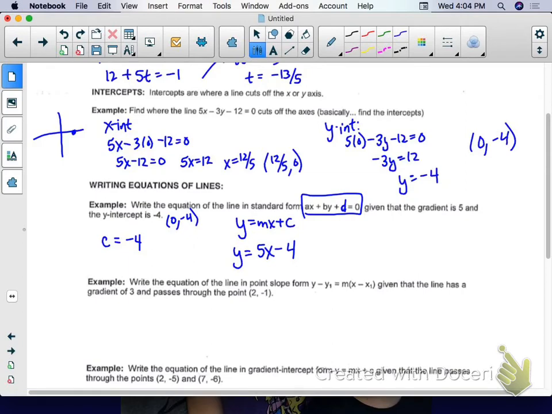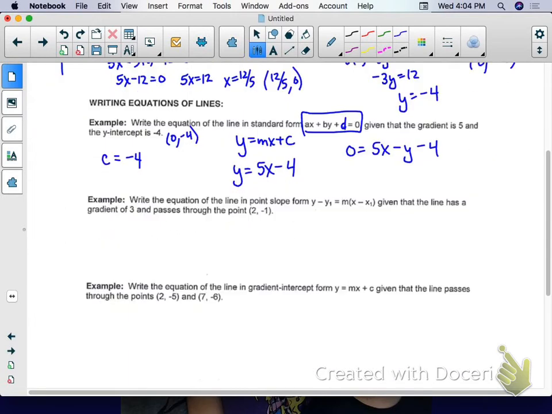All right, so let's move everything to the right. 0 is equal to 5x minus y minus 4. And that's it. Okay. All right, next, let's write this one in point slope form that has a line of